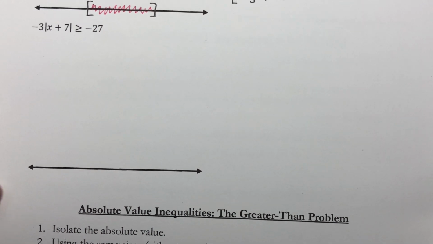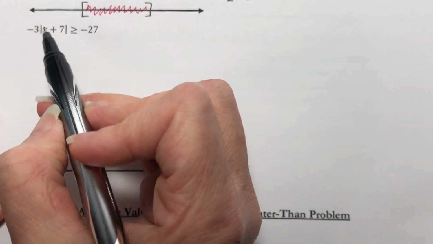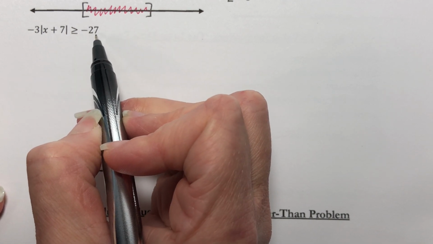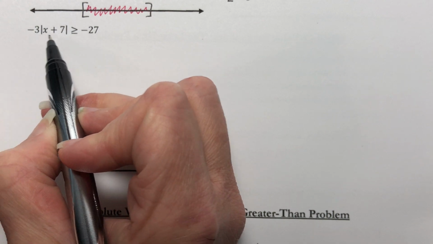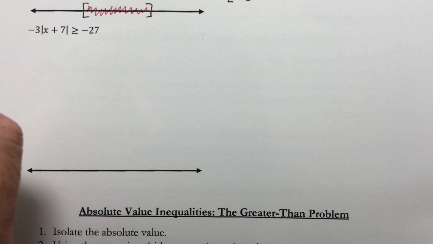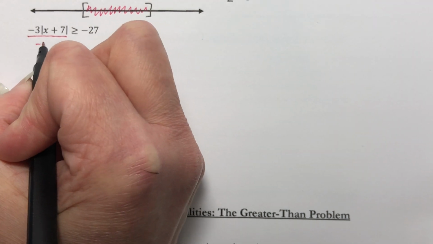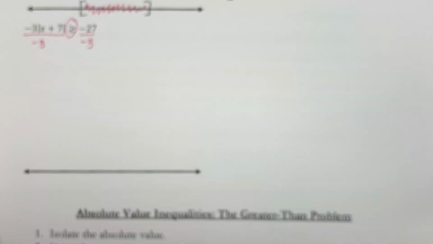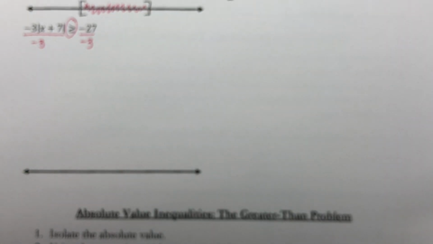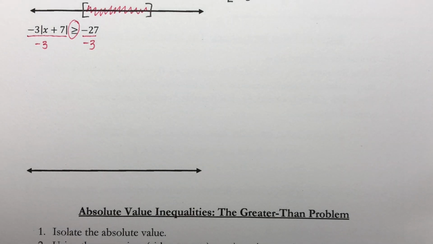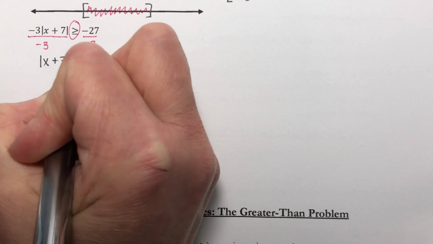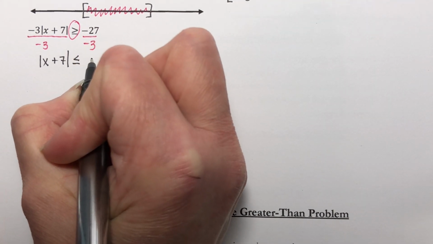Okay. So let's do negative 3 times the absolute value of x plus 7 is greater than or equal to negative 27. I have this negative 3 in front here, and I really need this absolute value by itself. So I'm going to divide both sides by a negative 3 before I split this up. And because I'm dividing by a negative, I have to flip this sign around, which is good because if I don't get to flip the sign around, then I don't have a less than problem. And we haven't talked about how to do greater than problems yet. So this gives me absolute value of x plus 7 is less than or equal to, that's going to be